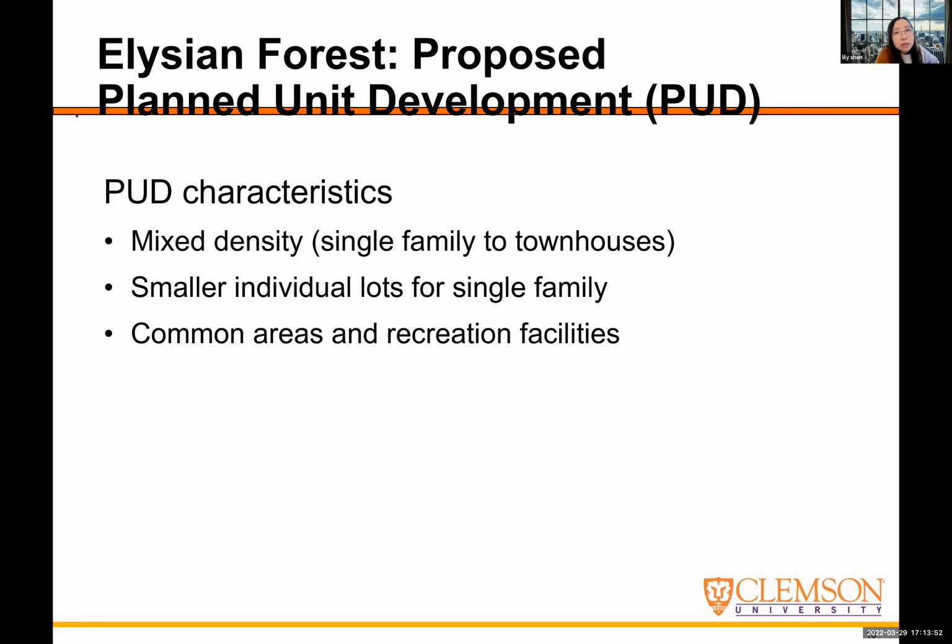I think the next question is, I assume that you've been in Clemson for at least 3 years. I know with the pandemic, traveling and hanging out might be a little bit challenging, but do we have a community that's very similar to Elysian Forest in Clemson? Zach, do you remember one? Do we have a development in Clemson that's very similar to what we talked about? So let me ask you, have you been to Patrick Square? Who has been there?